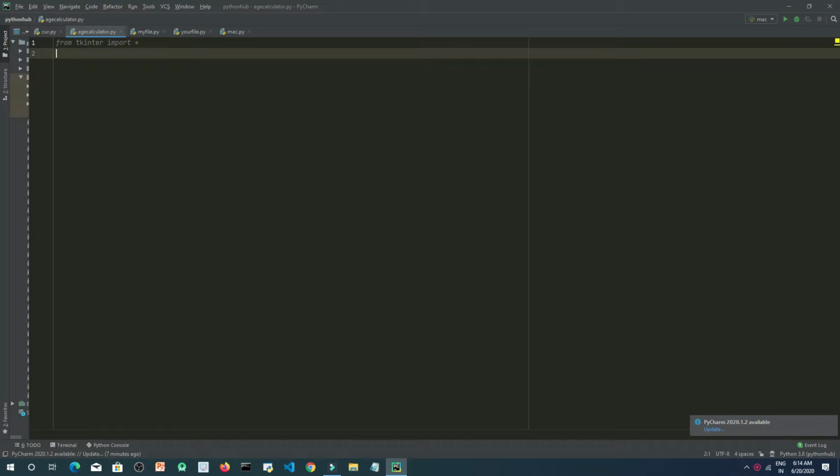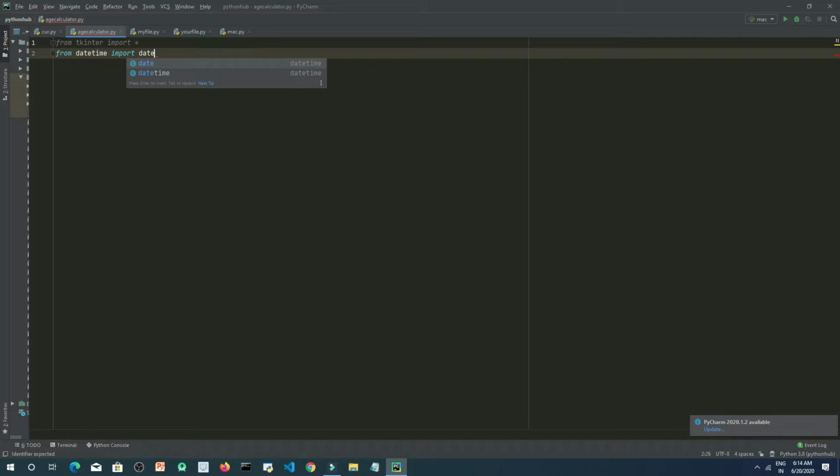Now let's import the date class from the datetime module. From datetime import date.